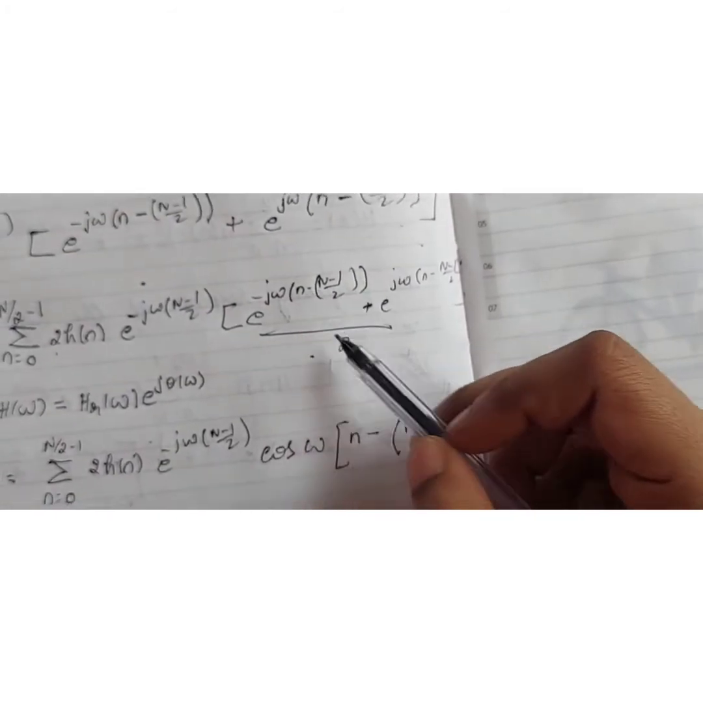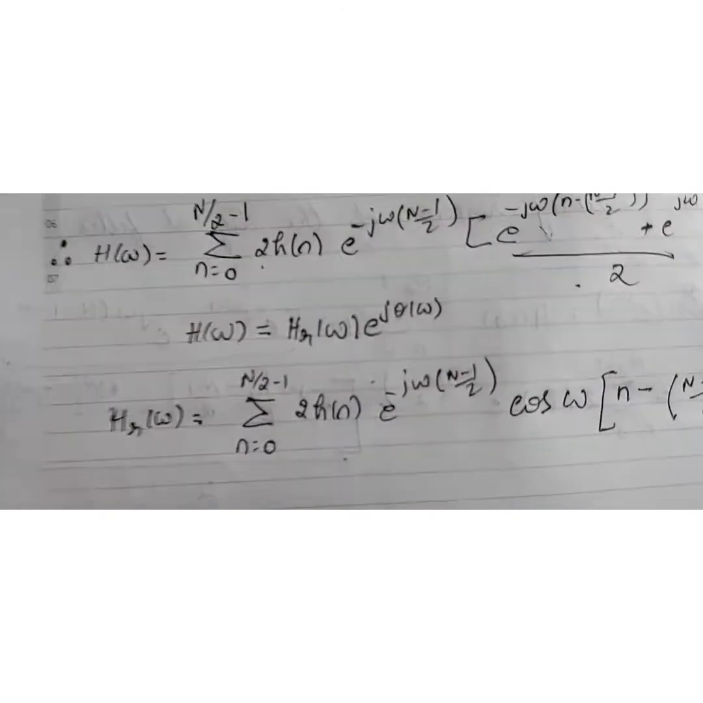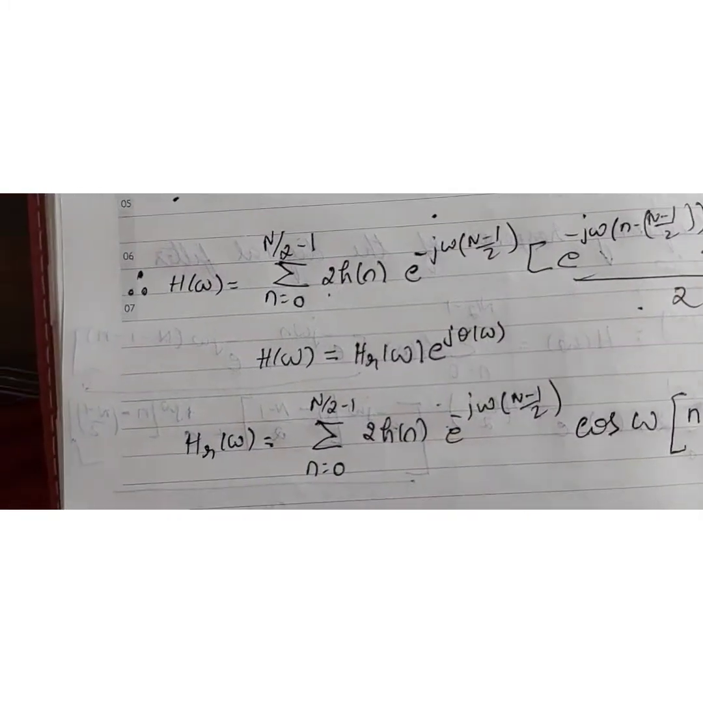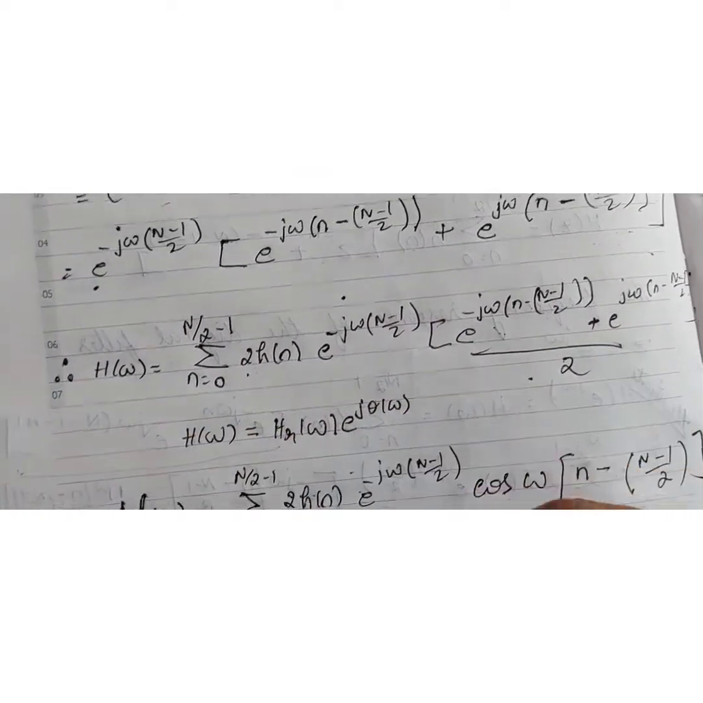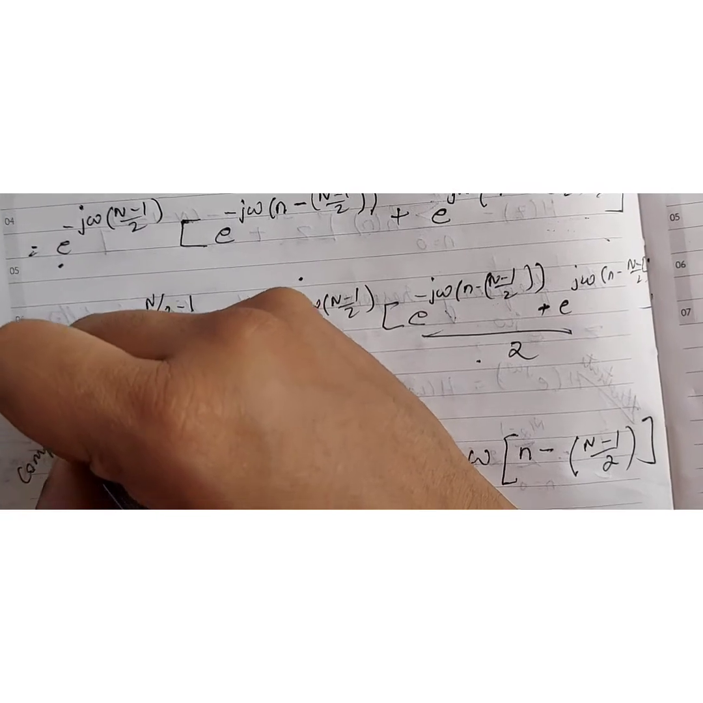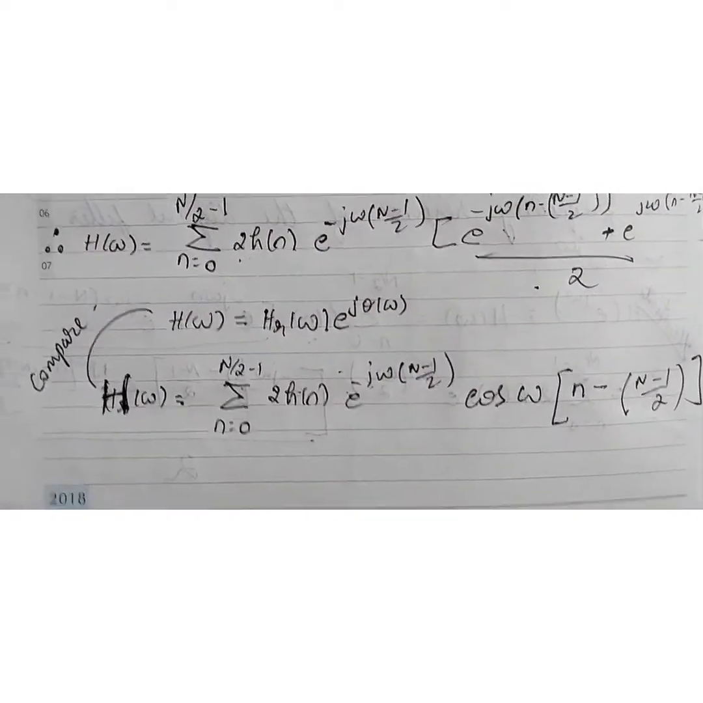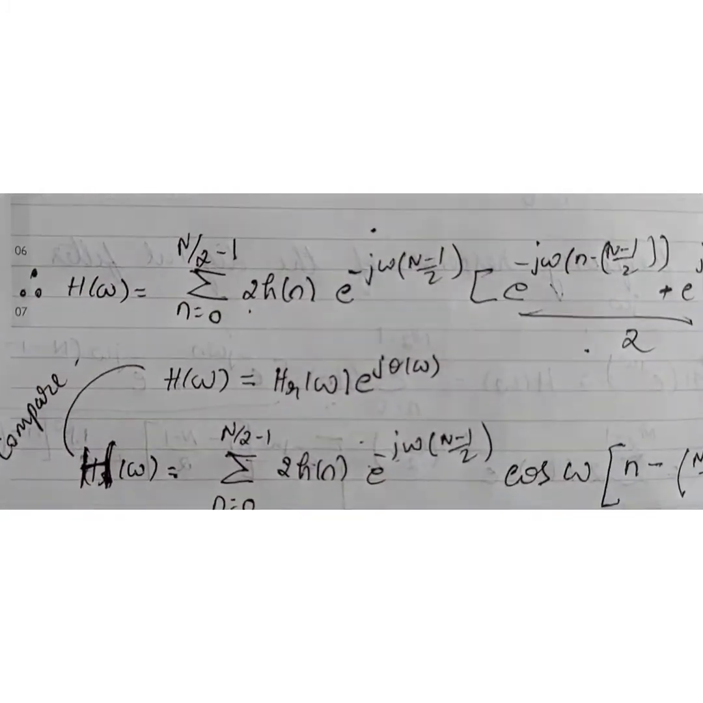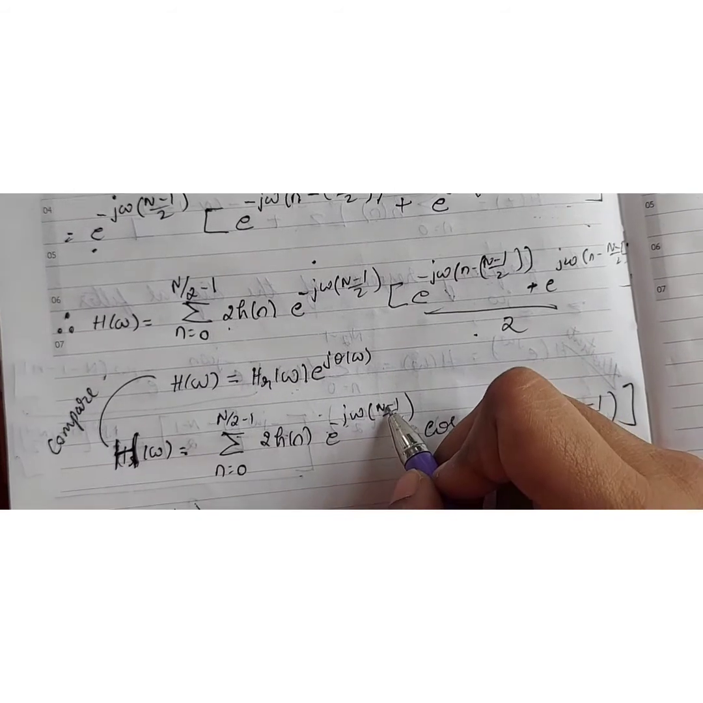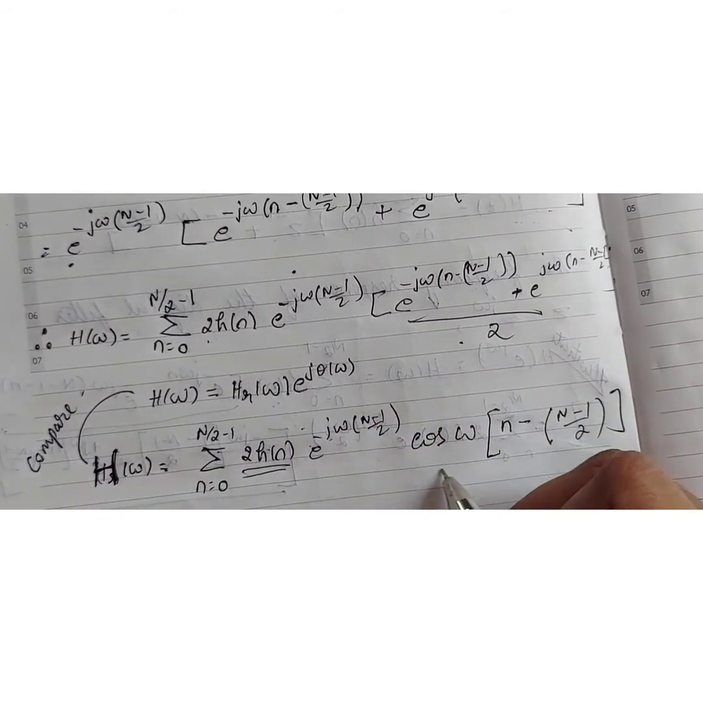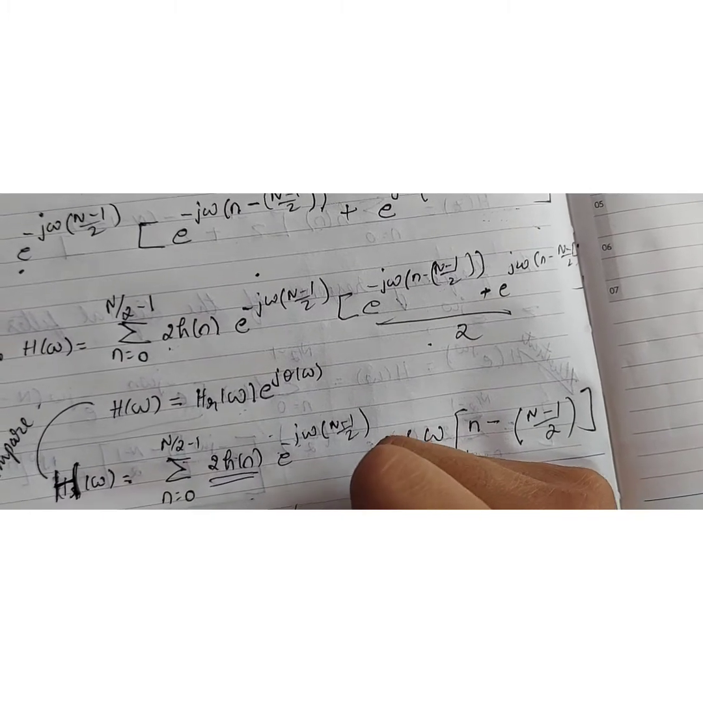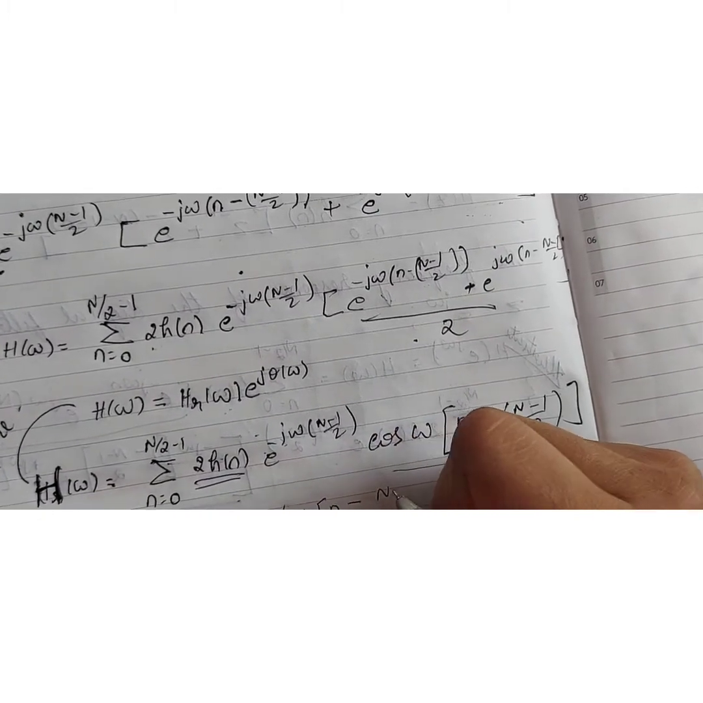In terms of theta, you have this value, right? So this is your expression. Compare these two. So this is not Hr, this is H of omega. H of omega is of this form. These two you can compare and write down your equation. Hr of omega will be what? You compare here, e power j theta is this, and Hr of omega is the rest of the terms. This is nothing but Hr of omega, 2 times h of n cos of omega into (n minus (N minus 1) by 2),